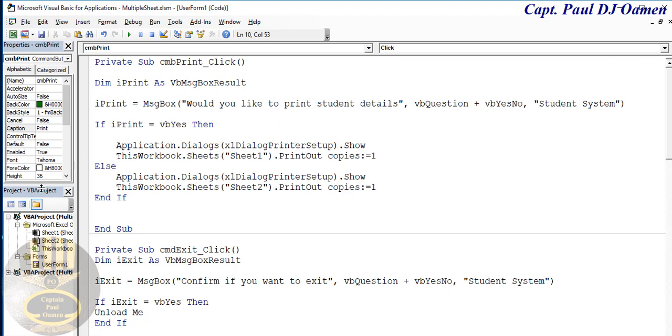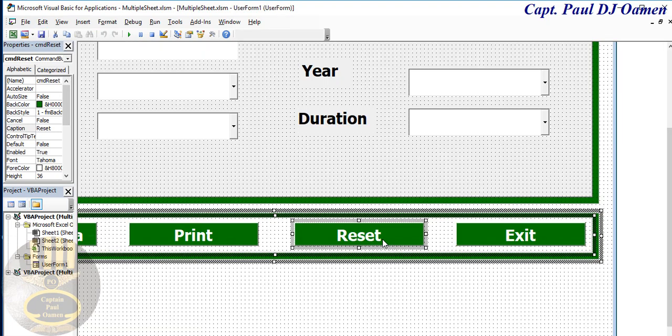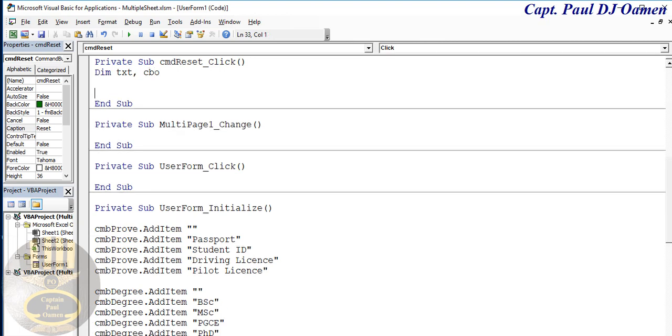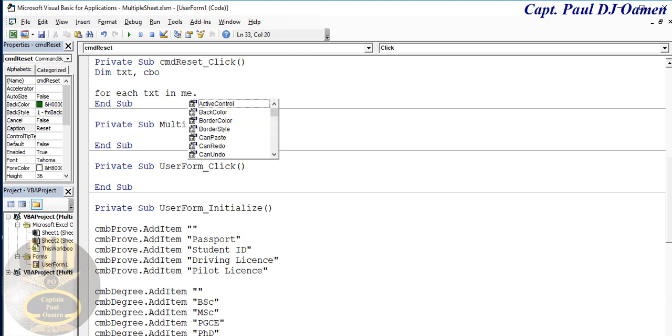Now let's take care of the reset. Double click on the reset. In the case of the reset, let's use a for loop for that, so that we can take care of all the controls. First of all, let's say dim txt, and I'm also going to dim, let's say comma cbo. So I have 2 variables in there. For the very first one, I'm going to say for each txt in me.controls,